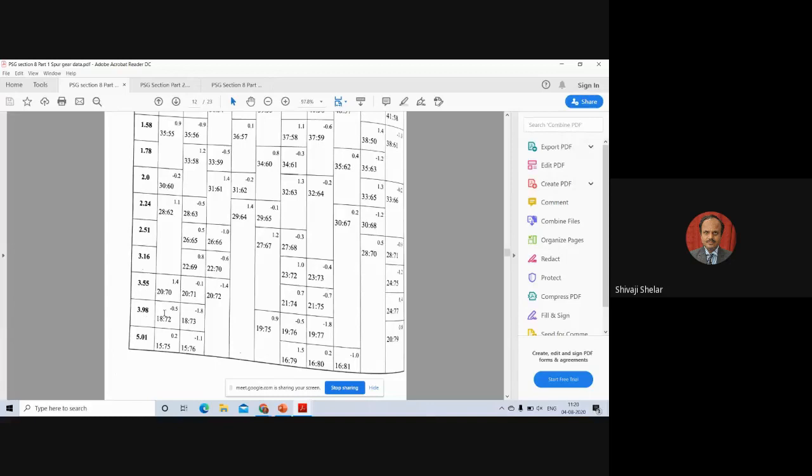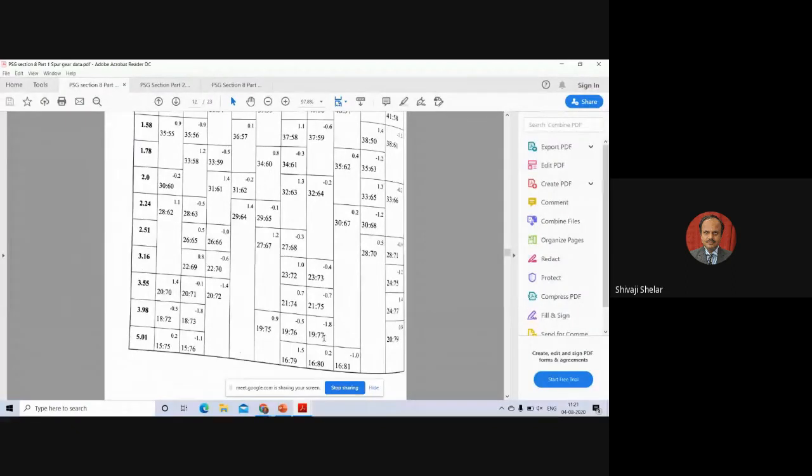Since we have selected the minimum number of teeth on the pinion as 19, three pairs are possible: 19-75, 19-76, and 19-77. So you can select 75 teeth on the gear, 76 teeth on the gear, or 77 teeth on the gear. Since we have selected 19 on the pinion, you have a choice here. Three teeth possibilities of choice are there.